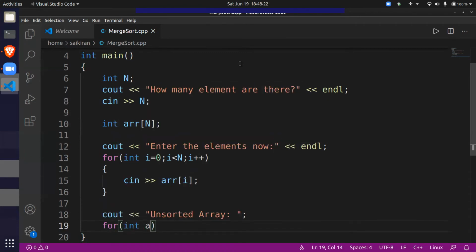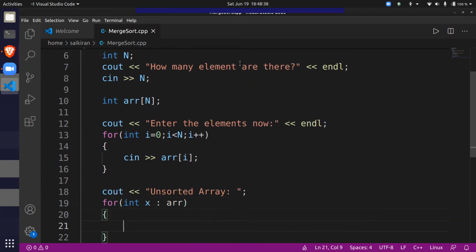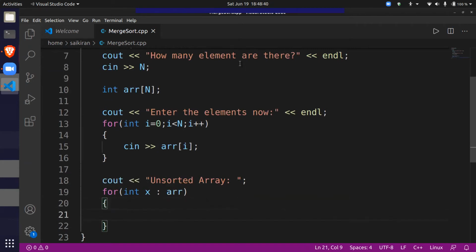So you can use this syntax. You don't have to write the for loop completely actually. So this is another syntax. It's called the for each syntax. So you can write int x colon arr. What this will do is x will loop through each value of the array and take that value.